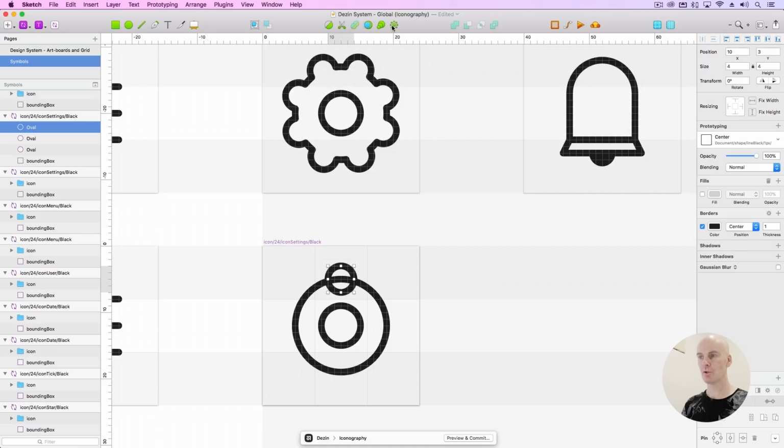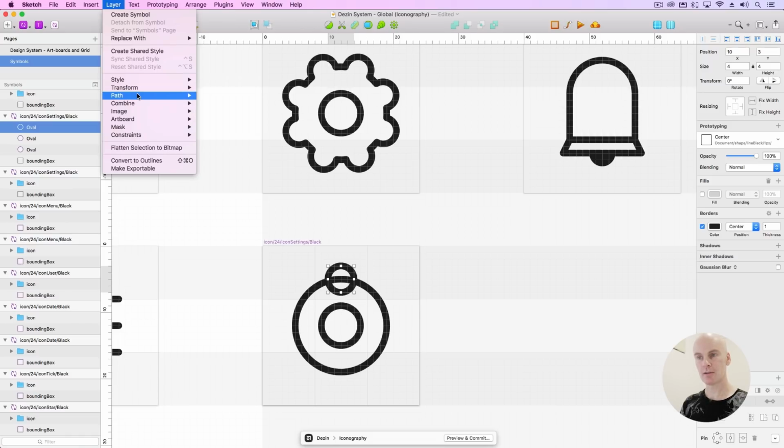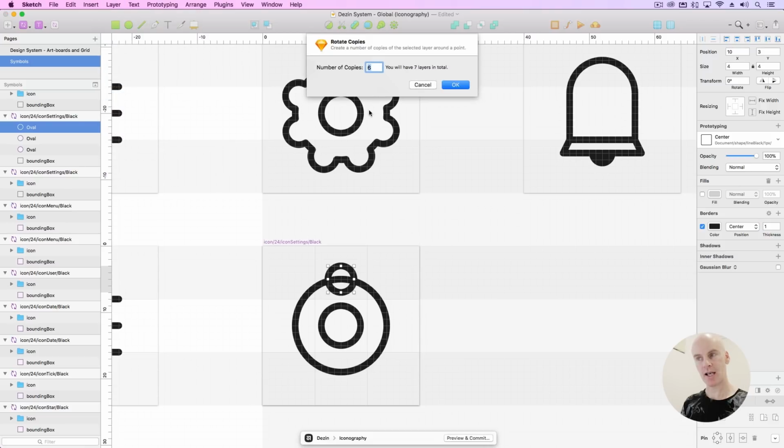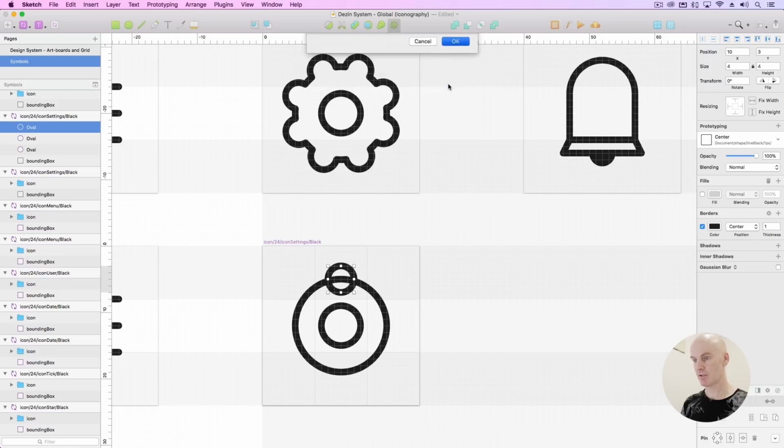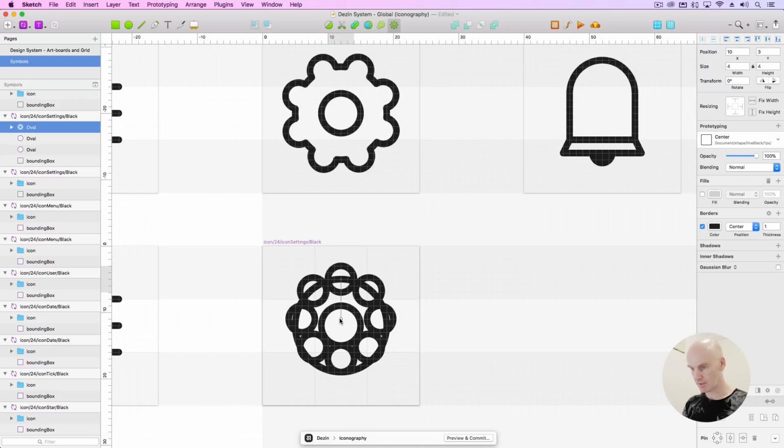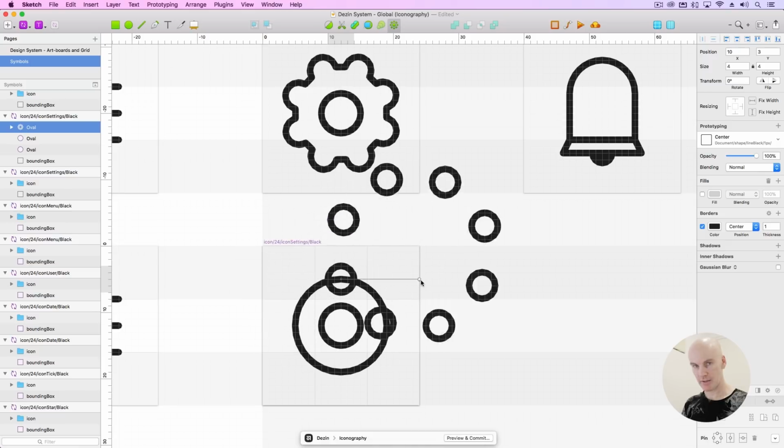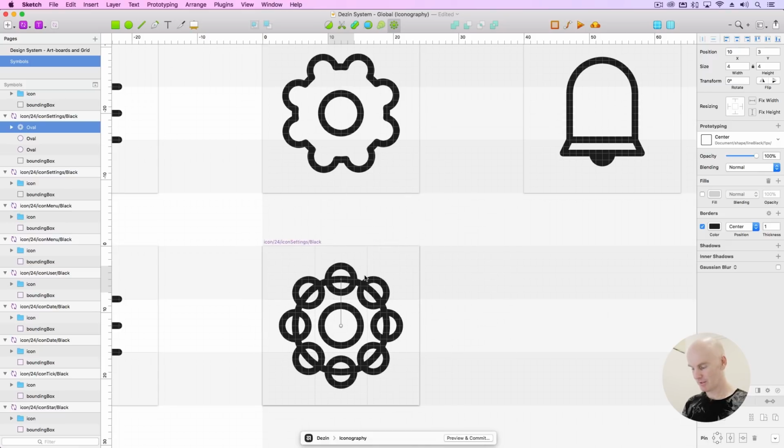Right, there's a great tool called Rotate Copies. Now I've put this in my toolbar, but you can get to it by Layer, Path, Rotate Copies. It's going to ask you how many you want, and we want 7. You can enter that here and just press OK. Then you're going to drag this into the middle. Look at that. Pretty cool. I'm going to let go,